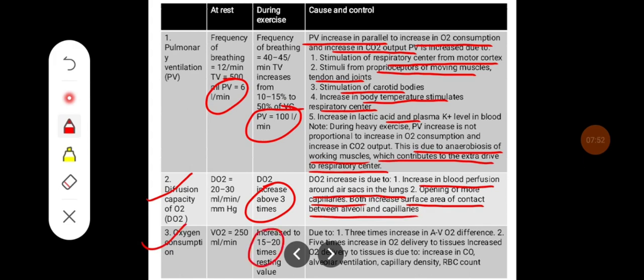This occurs due to the 3 times increase in arteriovenous oxygen difference, and 5 times increase in the oxygen delivery to the tissue, and increased oxygen delivery to the tissue is due to the increase in cardiac output, alveolar ventilation, capillary density, and